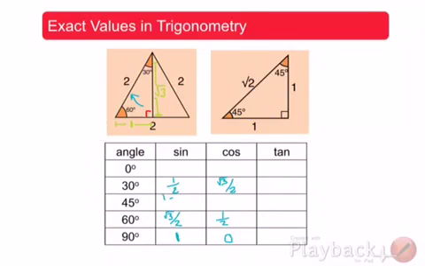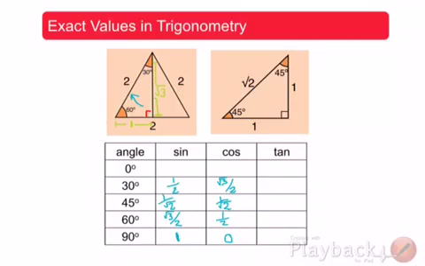So it's 1 over root 2. And cos is also going to be the same, 1 over root 2. Okay? And we can find the tan by doing the exact same thing. So I can let you fill that up in your own time, because next thing I'm going to do is